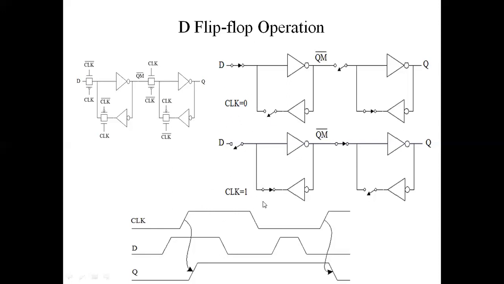So now let us consider the clock equals 1. What happened here? This switch becomes open. So no connection of the D with respect to Q is here. Now this is open. So whatever the previous value of D we were getting here, that is inverted. This inverted again we are getting here. So inverted, inverted, just the value of the Q as it is we are getting here.